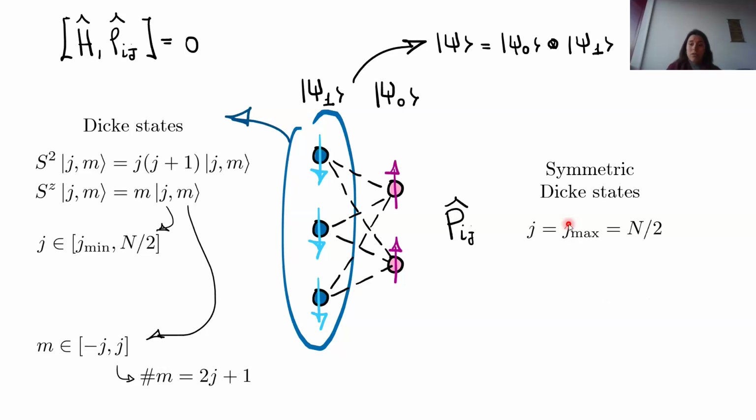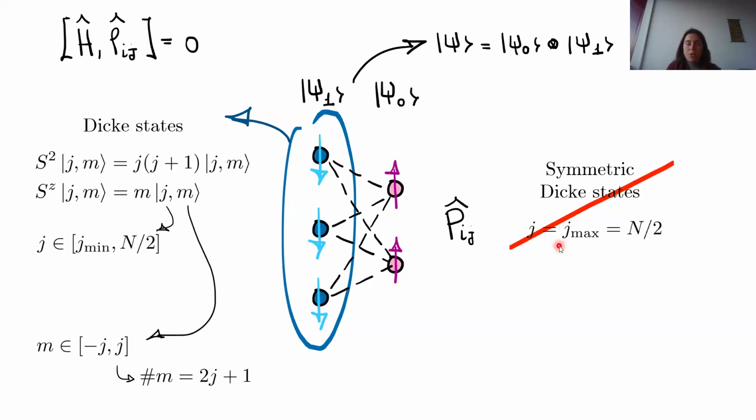But when dealing with dissipation, we cannot do this anymore because in principle, the Lindbladian can induce transitions into subspaces with j different from j max. So in principle, we could not reduce ourselves to the symmetric Dicke state subspace,